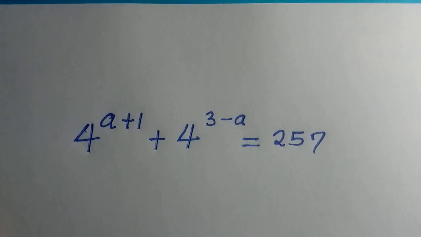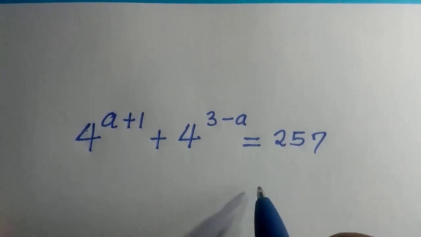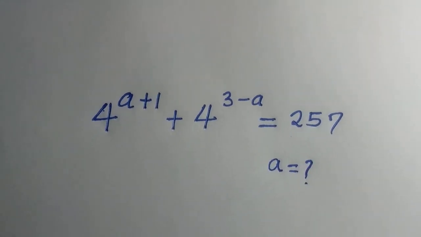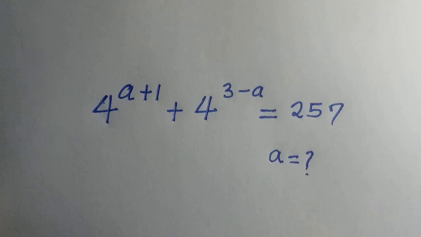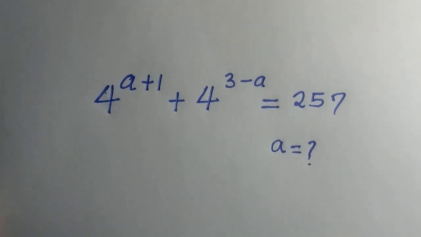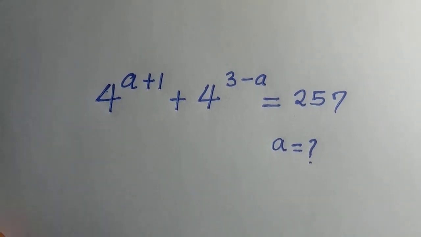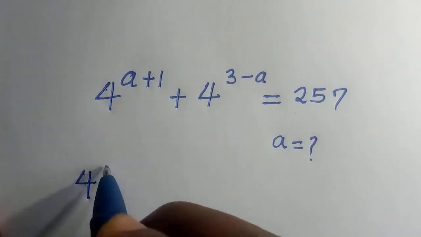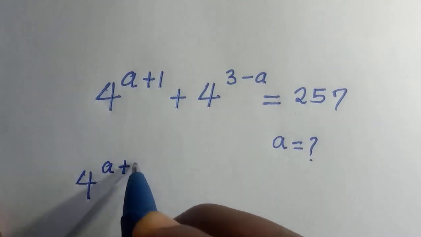How to find the value of a in this exponential equation? We have a equals what? By the property of indices is what we are going to apply. But first, let's try to write this as 4 to the power of a plus 1